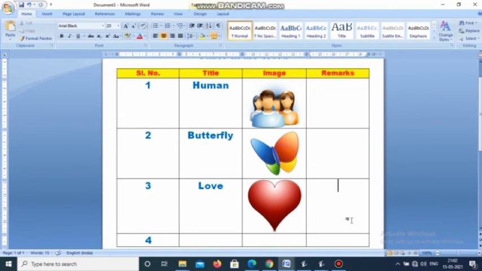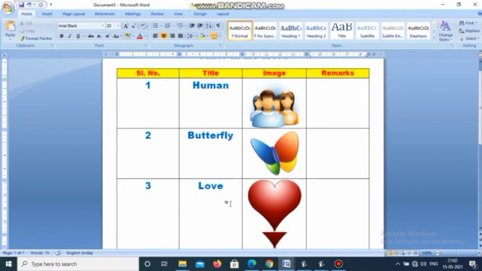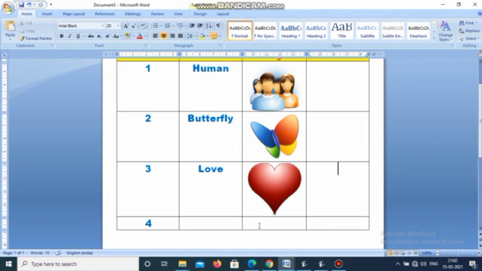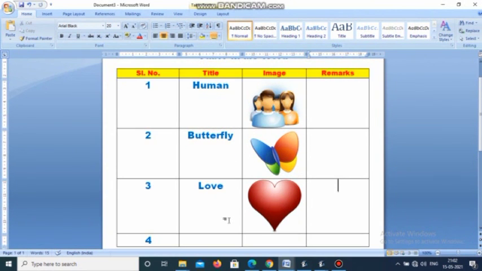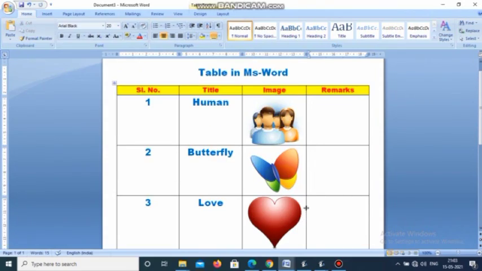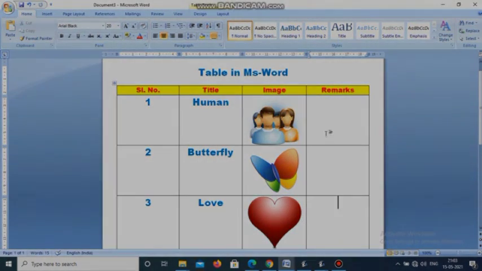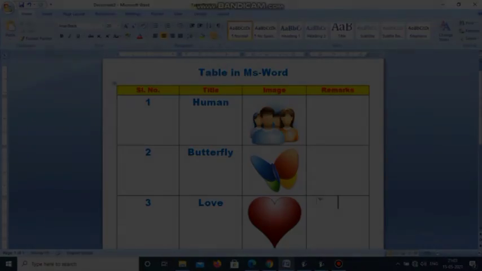One cell is still left. So students, every one of you can implement this on your personal computer or laptop, whatever device you are using to perform computational operations. So this row you will fill by yourself, students. As per your need, I have shown the table work, or table function, in Microsoft Word. I hope, students, everybody has understood and will implement it.